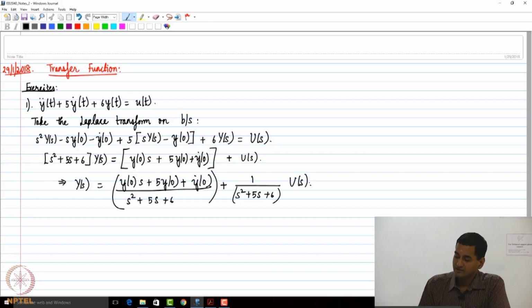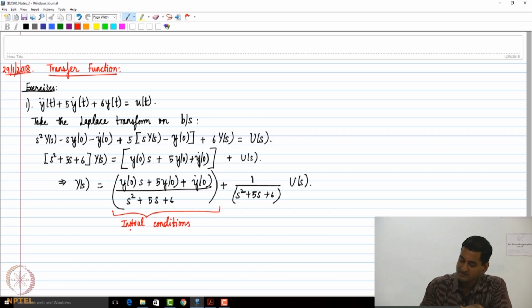Now we take all initial conditions to be 0, but I wanted to do a similar exercise like what we did last class to convey that the output has 2 components. The first component is due to the initial conditions, y0 and y dot 0,